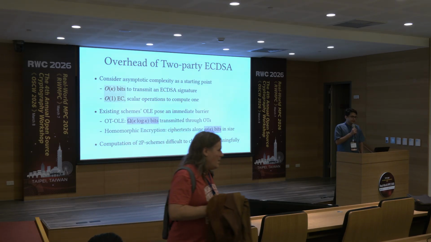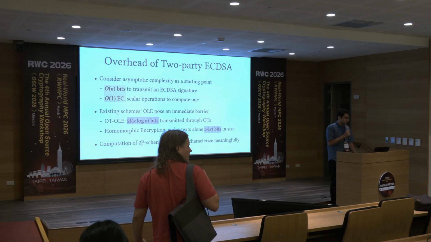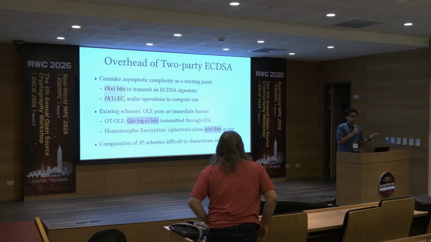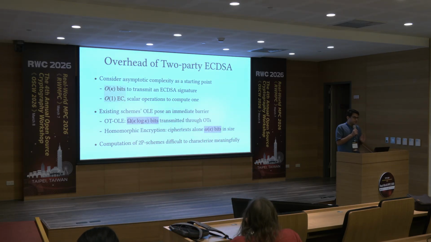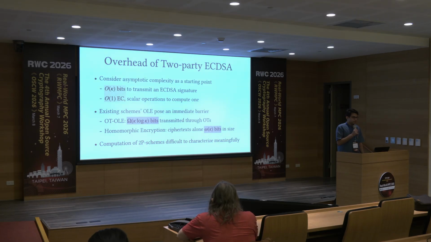And we can think of breaking down this problem along, to begin with, just asymptotic complexities. So, asymptotically, it takes on the order of a linear number of bits in the security parameter to transmit a signature, and a constant number of operations, at least in terms of elliptic curve operations, to compute one. And this already tells us that the approaches that we have in the literature are maybe not the best, because OLE, which is that fundamental building block, already exceeds these complexities. So if we consider just communication complexity, all the approaches that I know of for OLE that you can do in this single standalone setting without extra setup and so forth